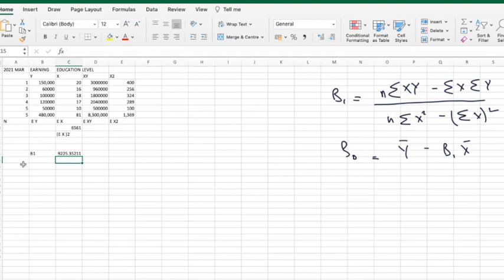The second thing that we wanted to find out or estimate was beta naught. Beta naught is the intercept. Intercept का formula क्या था? Y bar, which is the average of y, average value of y data में. तो हम करते हैं कि average of y निकाल लेते हैं. Average कैसे निकालते हैं? Excel में average